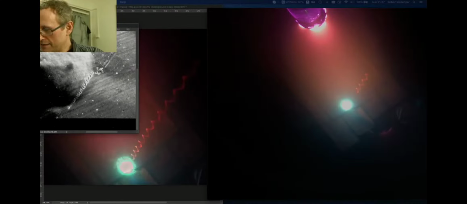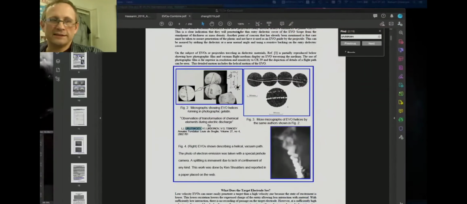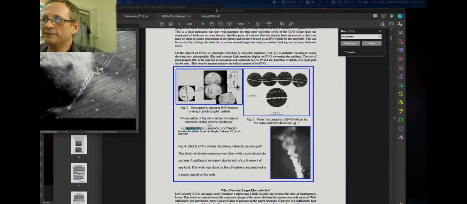I actually have some material by Arutkev which is worth just dropping in here because of these traces. And it's in Ken Shoulders' work, actually. He's referring to different EVs and so forth. I'll actually bring this up here. So it's this one. Is that going to do what I want it to do? So you've got some Leonid Arutkev imagery up here,